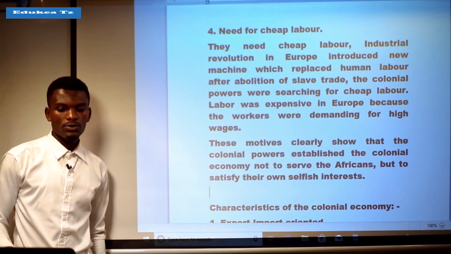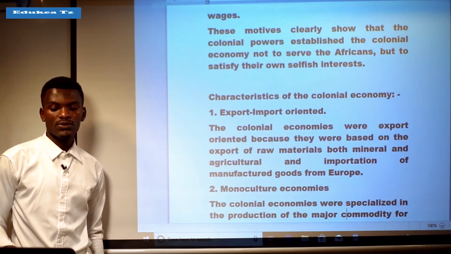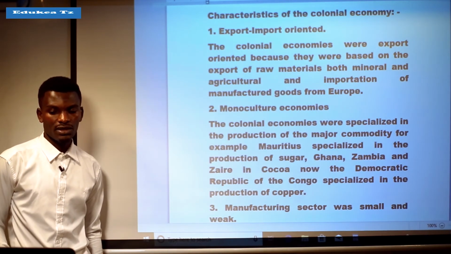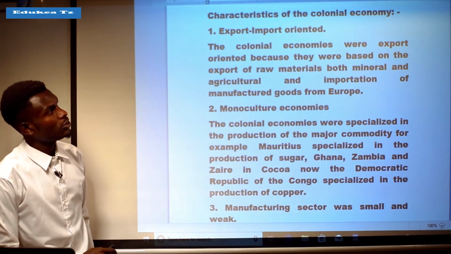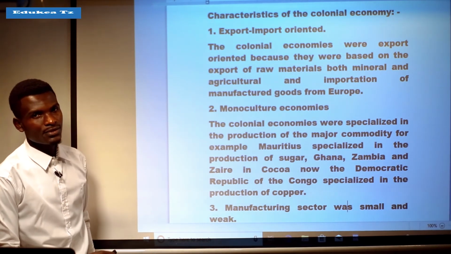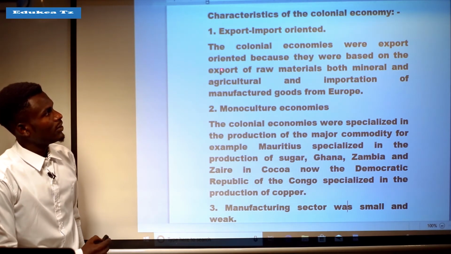So these were the objectives of establishment of colonial economy in Africa. So let us see the characteristics of the colonial economy. What were the characteristics of colonial economy? The first one was